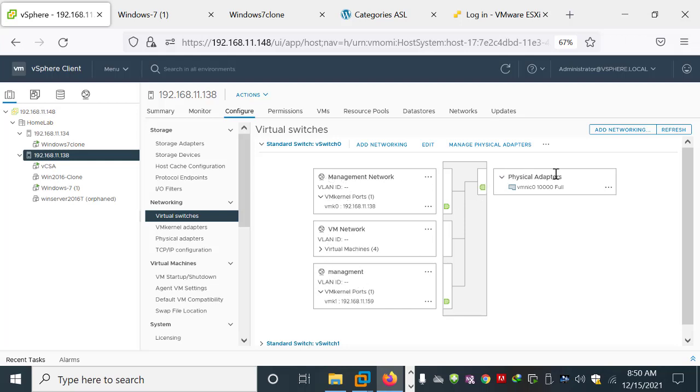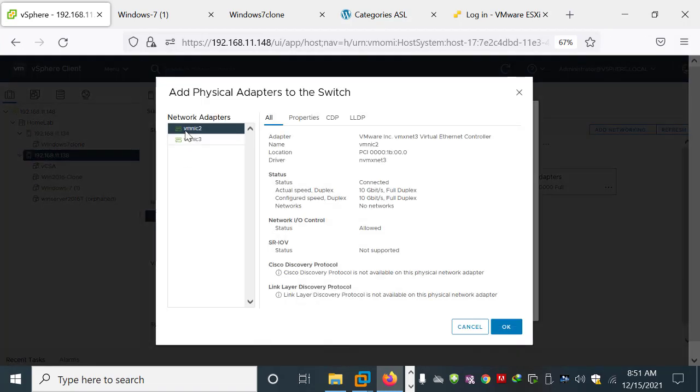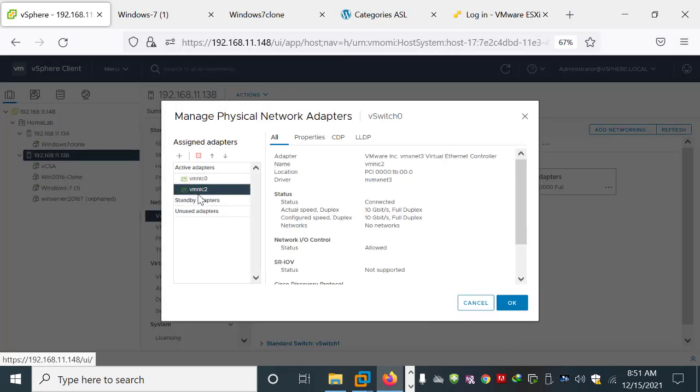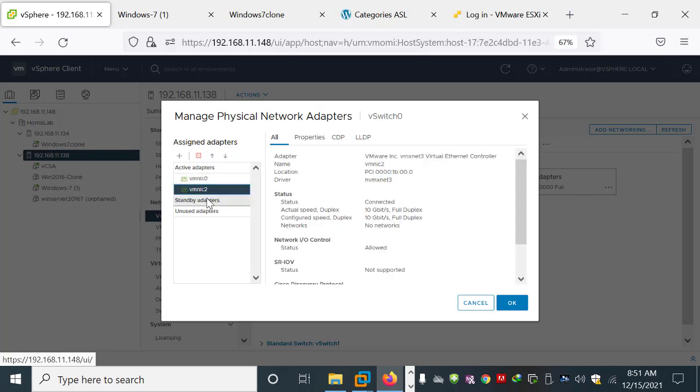Likewise, if I would like to add another physical card for redundancy, I can just click on Manage Physical Adapters. So I can assign another adapter for this virtual switch. I click Add Adapter, click OK. So I have two adapters. If I want a standby adapter for redundancy, I just click on this and click on Standby.